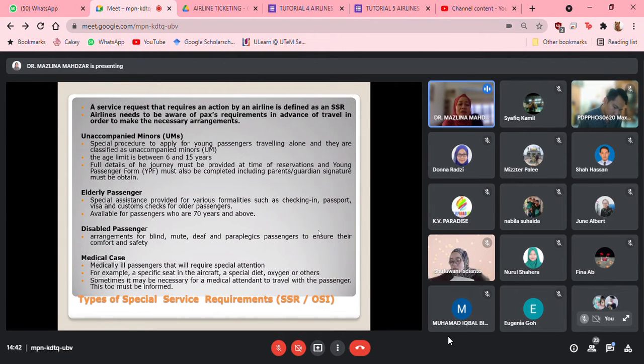Okay, so ini semua adalah free of charge, servis yang ditawarkan oleh airline. Disabled tadi, those passengers disabled dari segi blind, mute, deaf or paraplegic. So if you put this information in the system, airline will try their best to ensure the comfort and safety of this disabled passenger. Medical cases, like if let's say you have a passenger yang memerlukan certain